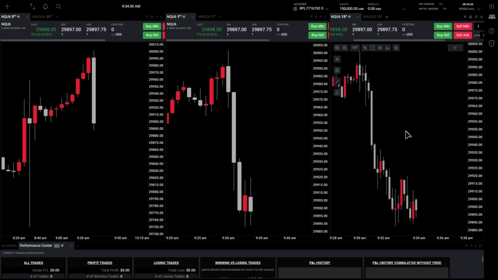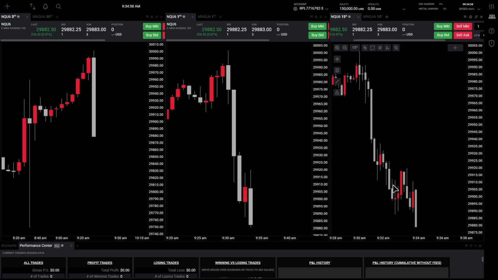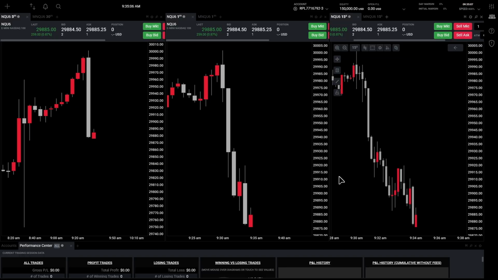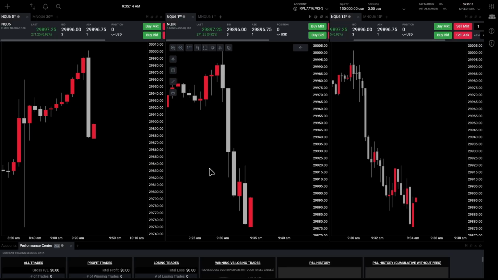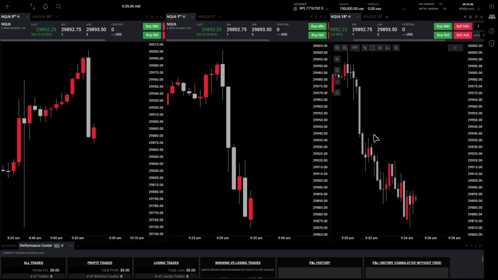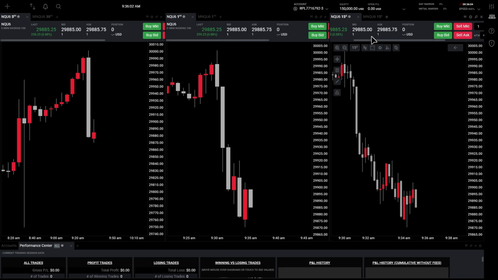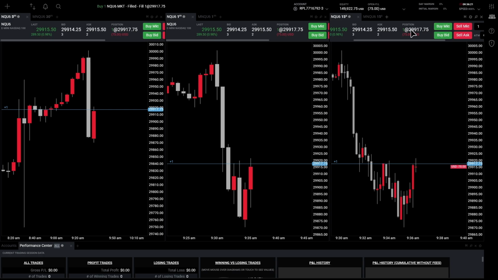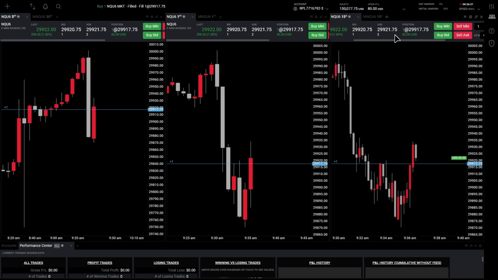I don't know where exactly I got my entries in, but I was trying to look for longs. In short, I'm looking for longs on this day because it only makes sense, right? Why would we go lower? I mean, we might manipulate, but overall, I'm looking for longs. I think I get them somewhere around here, or at least try to enter. We have that meter rebalance, and then I think I take longs right around there. Now watch this, okay?